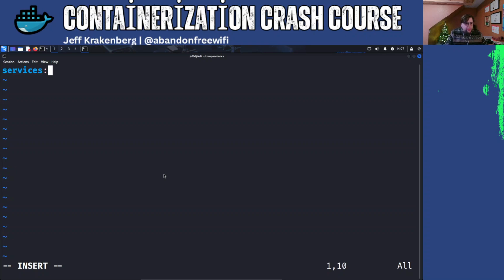First off, we're going to open up with our top level instructions. This services tells Docker Compose what it is going to be managing. And what it's going to be managing is a web service, and it is going to build it from our current directory. It is then going to expose the port 8000 on our host and match it up to,